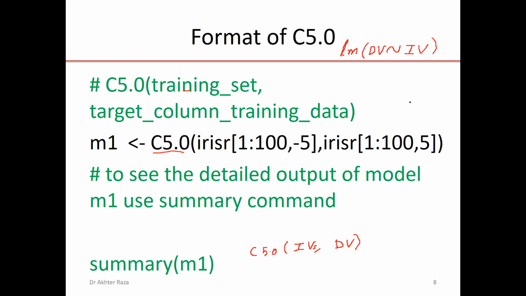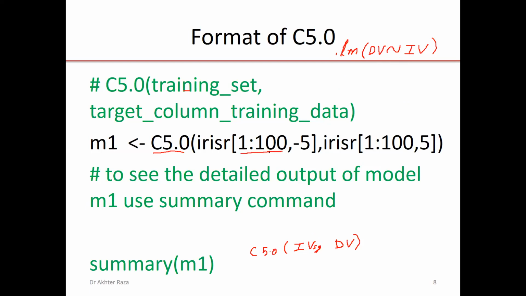Here we have a separator of tilde in the linear model, but in C5.0 we have a separator of comma instead of the tilde symbol. So that is the major difference between specifying a linear model and C5.0.